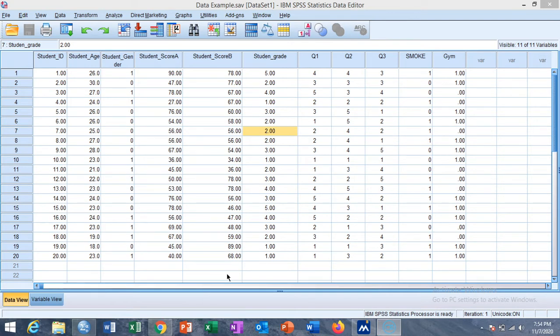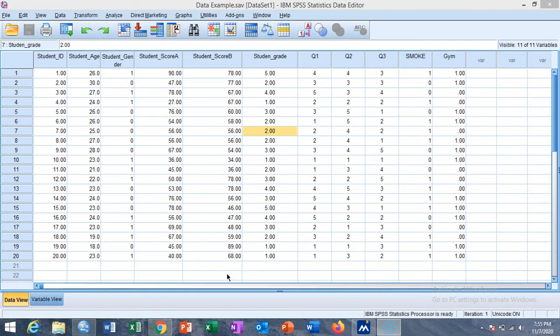Previously we learned the binomial test and the run test. The binomial test was used to test the proportion of a population, while the run test is used to check whether the data is random or not. In today's tutorial we learn the alternatives of the parametric test we have already performed in SPSS.